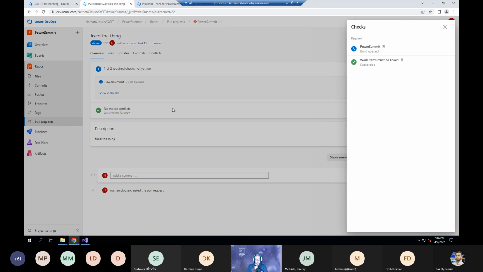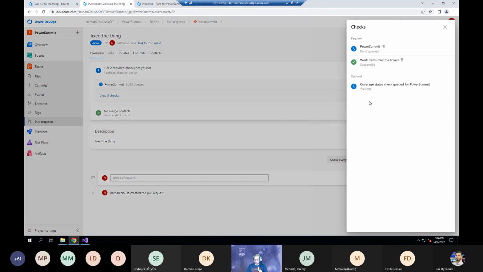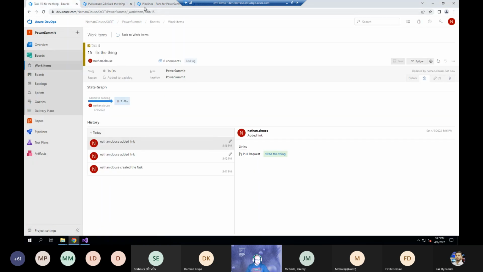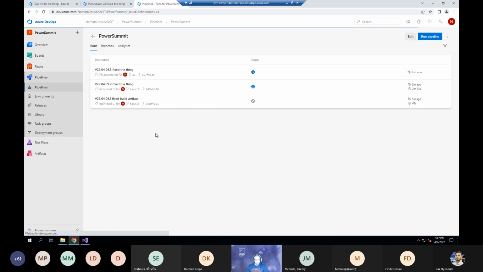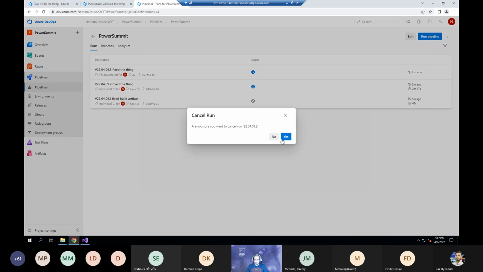So here's our pull request, and I just want to call this out real quick. Our first policy passed. We did create a pull request associated with a work item, so we can't just have pull requests coming out of nowhere. Additionally, this required check of doing a build is now queued. So I'm going to go over here to my pipelines. This one is executing. I want to cancel that one because I don't need that to run,